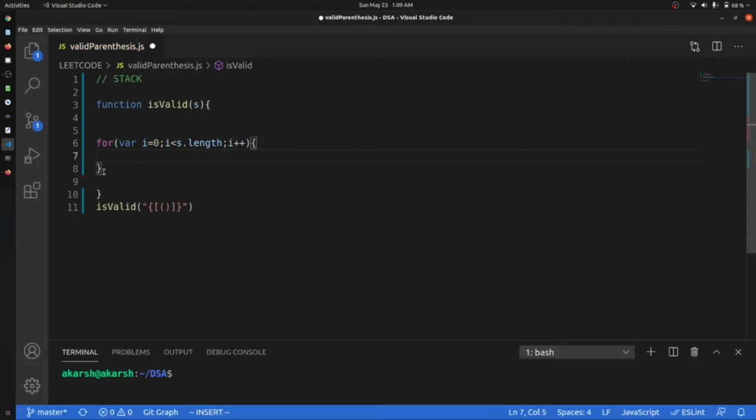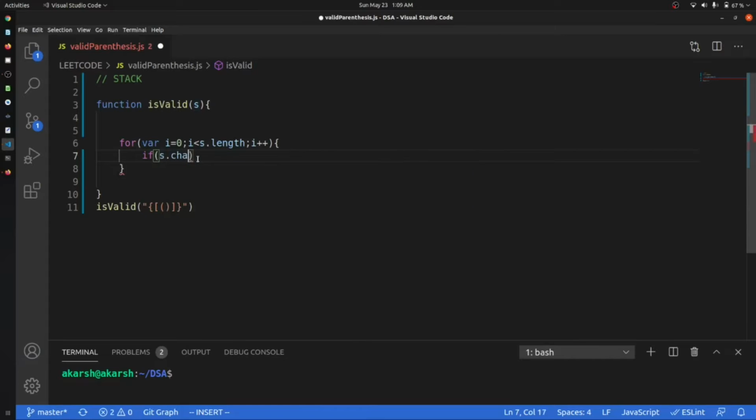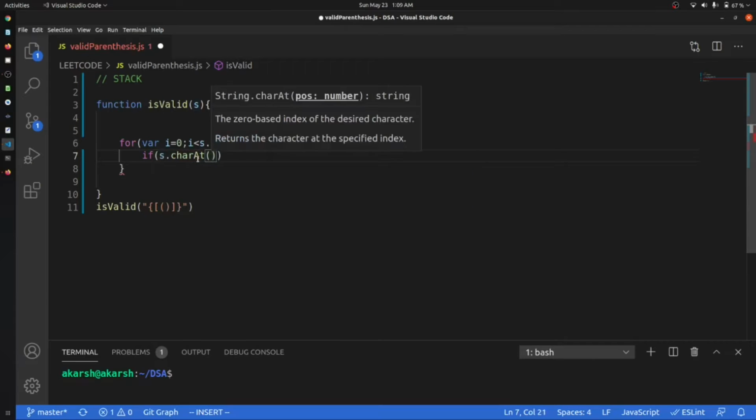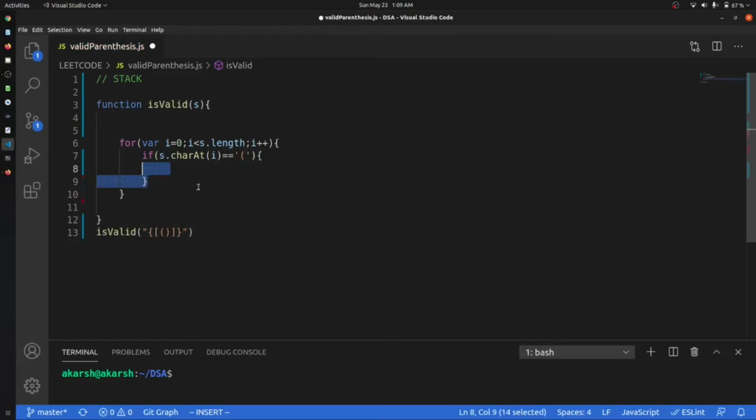After that, we will check at index i what the character is. So the character, s.charAt(i), can be equal to a small bracket.